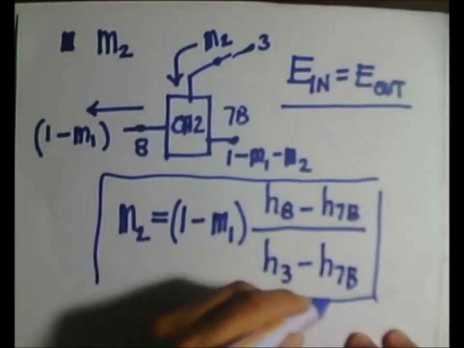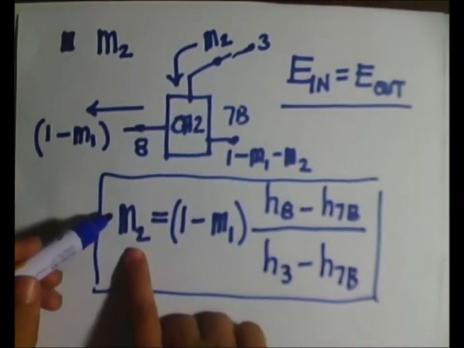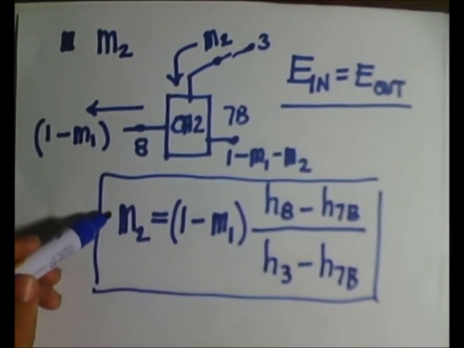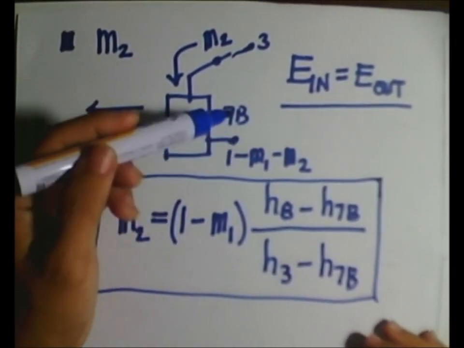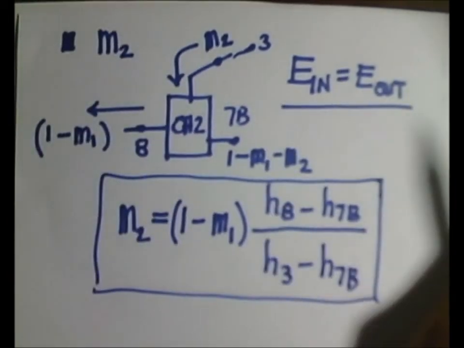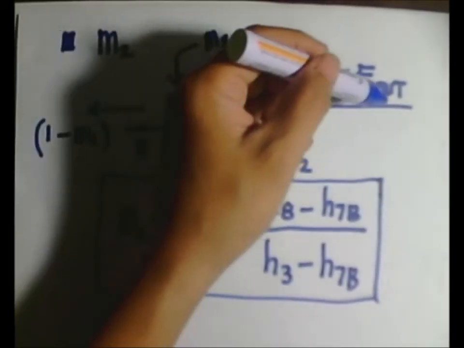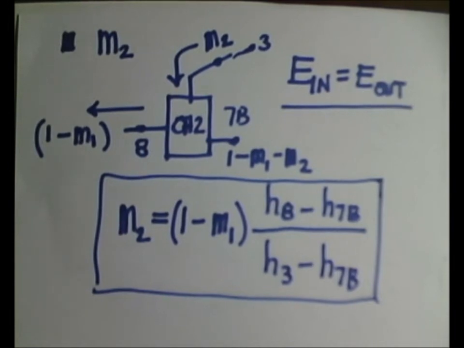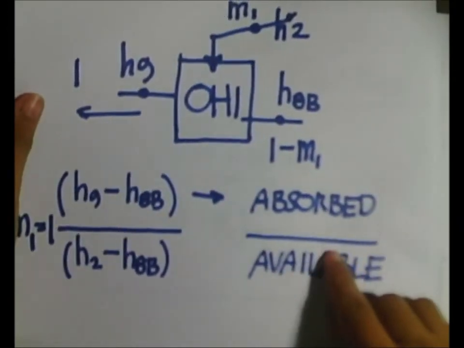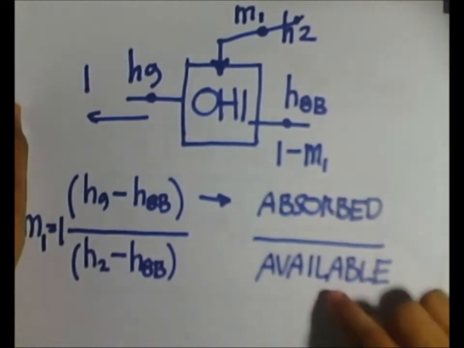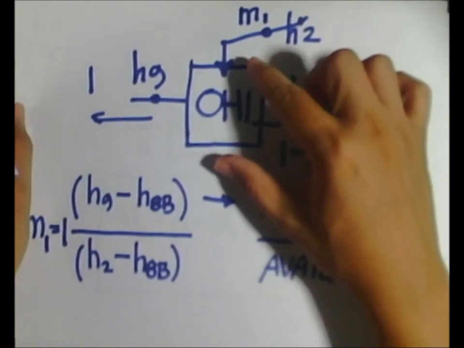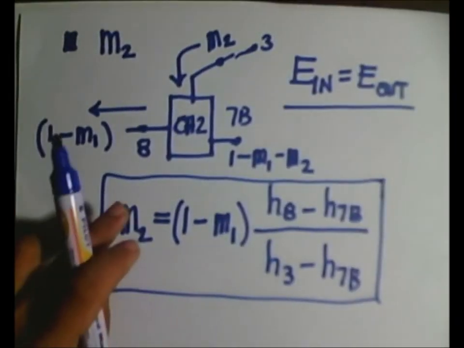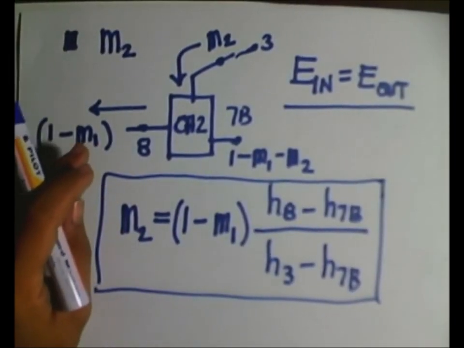So we have here our equation that helps us solve for M2, without having to waste our time in simplifying terms in this equation here. So just remember this. Just remember this one every time we deal with the fraction bled steam on the open heaters. And finally, let us further apply our shortcut in solving for